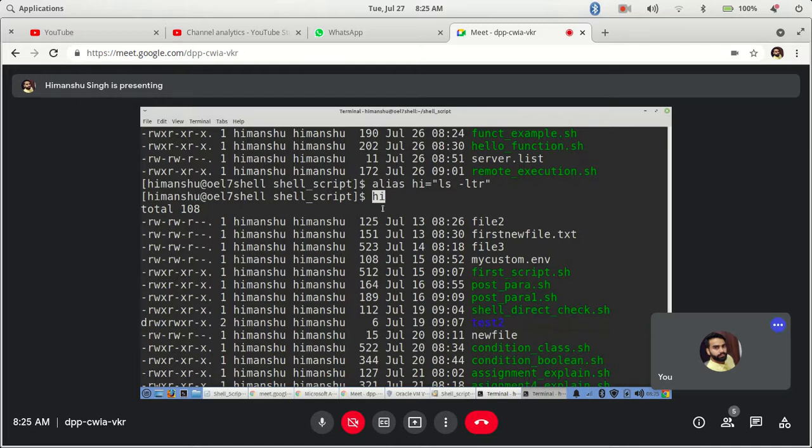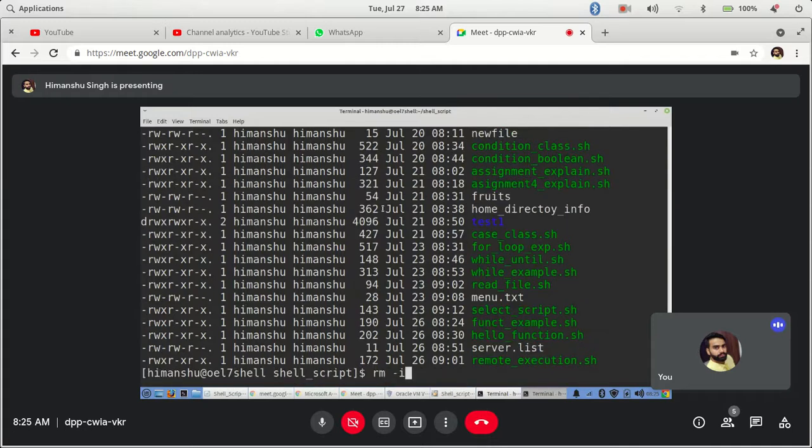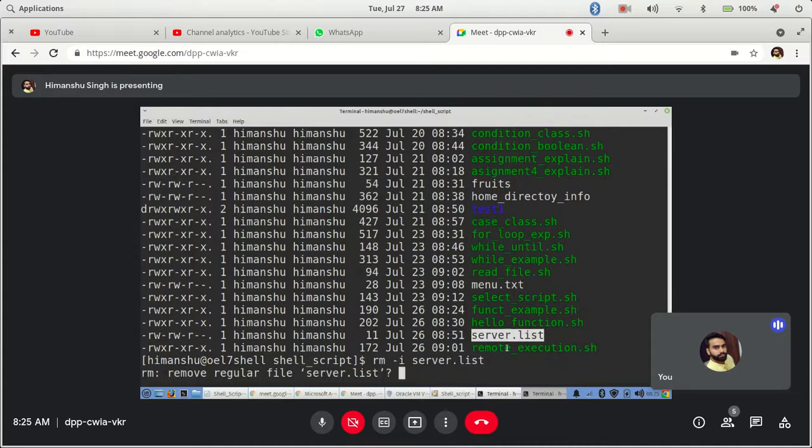Same way, it is also very important where you are removing files. Let's say you want to remove a file, and you want that no one directly removes it. In the remove command, if you remember, there is an option of interactive. If I want to remove it, it will ask, do you want to remove it? That is an option in remove, so that no one directly deletes it.